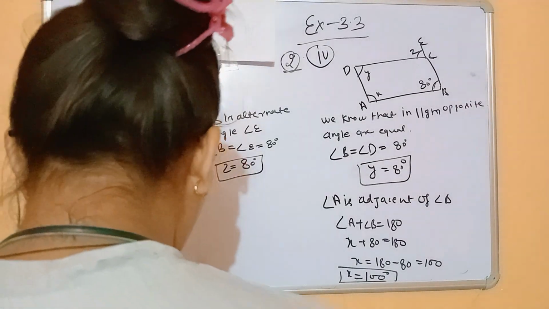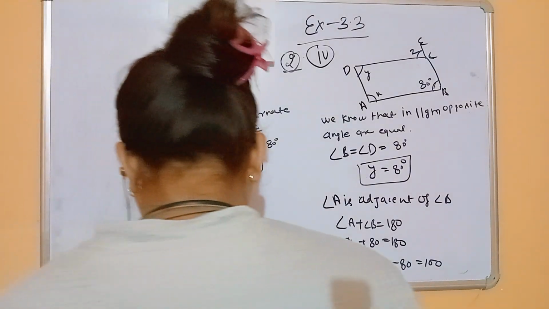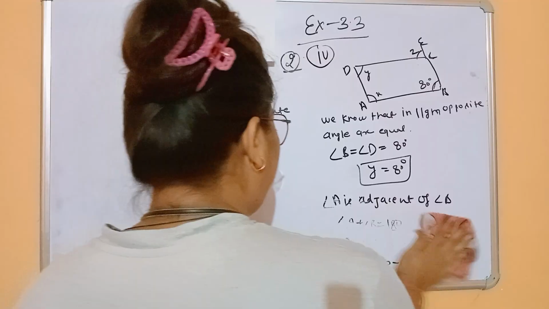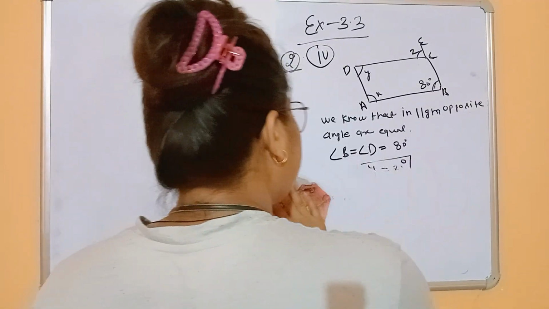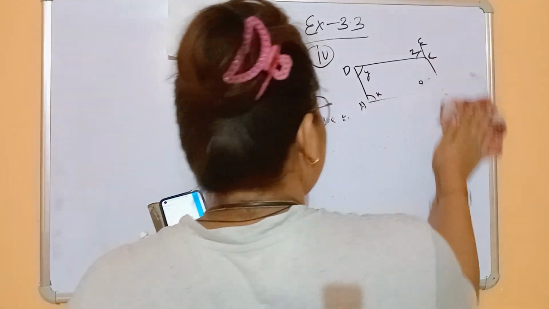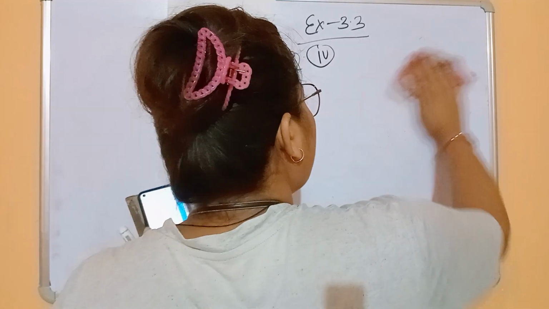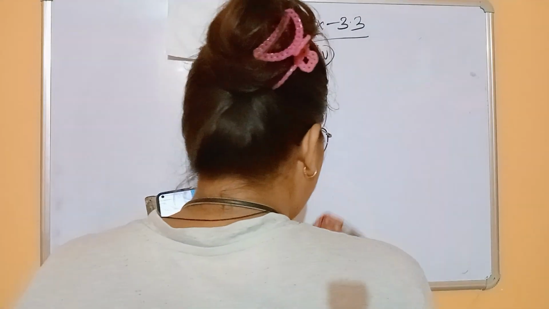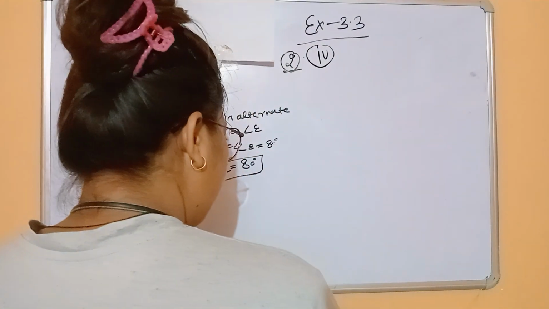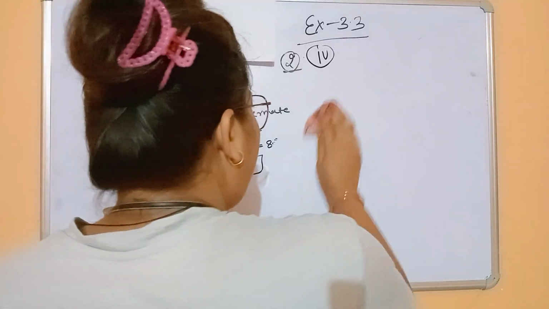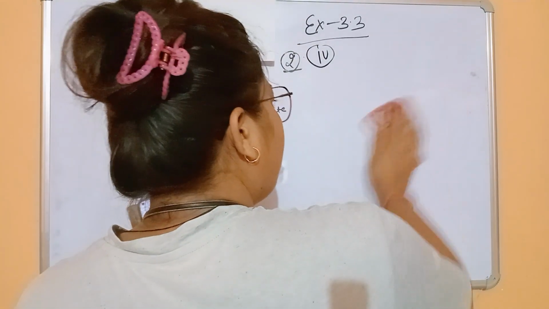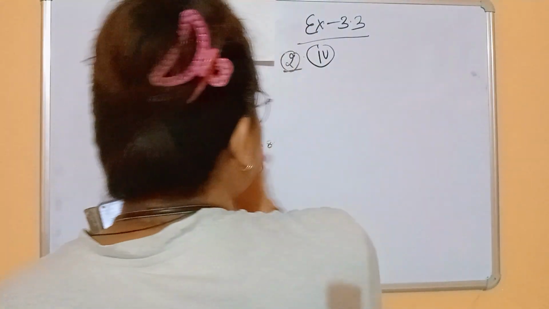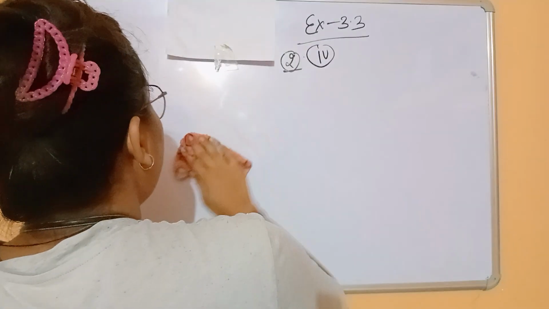One last question, the fifth: draw the diagram and two angles are given. Now we understand how we find it. If you watch the video, then you understand, no? Otherwise how would you understand? I want to help students who cannot afford coaching, to help them understand easily, because it's important for your competitive exams.